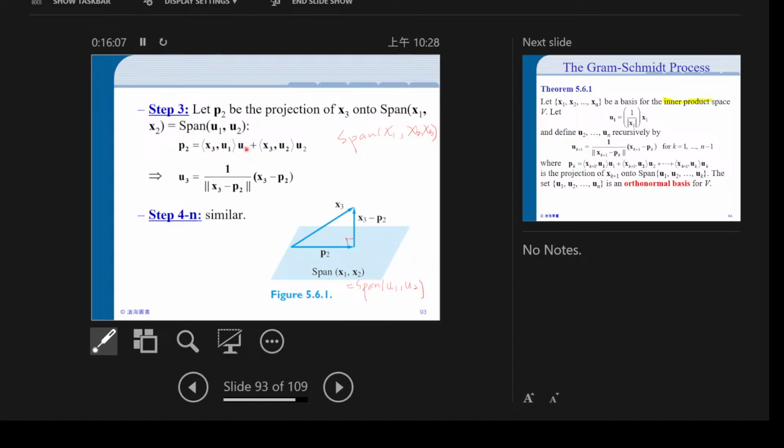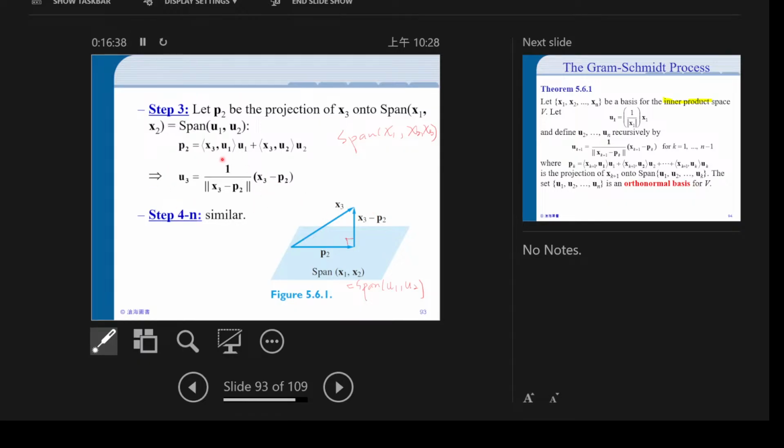You have a linear combination of u1, u2, with the coefficients being the inner products of x3 with u1 and x3 with u2. Okay, so this is the projection P2. Then we can find this u3 bar, that's x3 minus P2, and we normalize it,